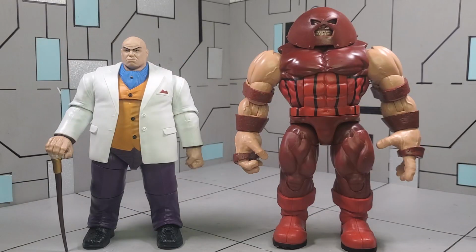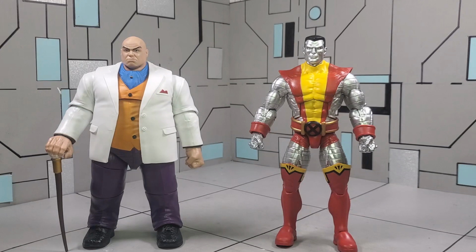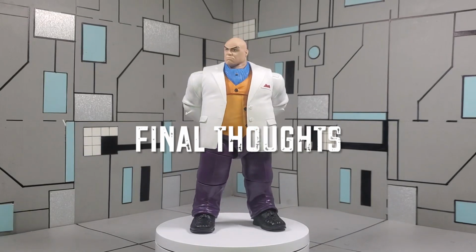And for some big guy comparisons, over there to the right, we do have the 2-pack Juggernaut. And here we have him next to the Blob. And here our Kingpin is next to Colossus. And as far as the size for this Kingpin goes, I definitely do feel like the size for him is relatively decent. So, after all is said and done, I think Hasbro did a phenomenal job at the